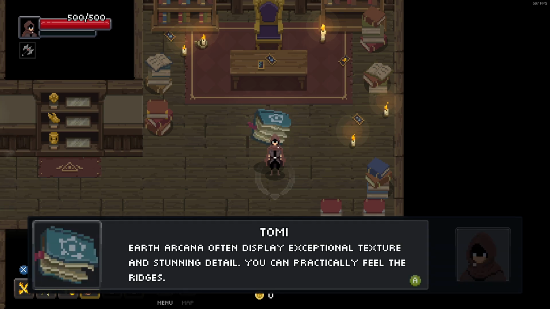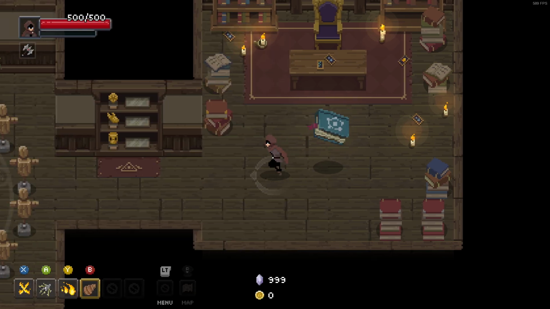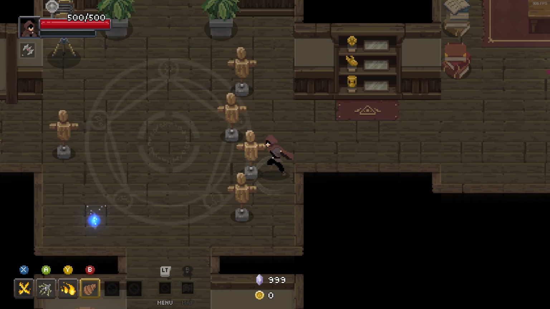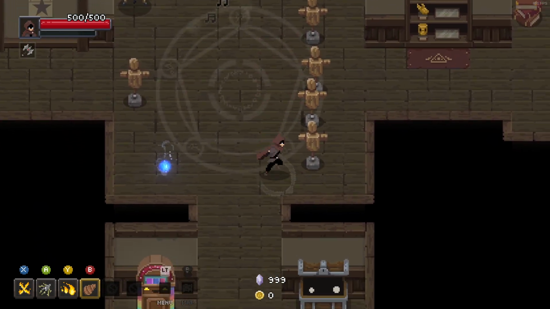Let's start things off with our basic here. A fire ability. It's gotta be Flamecross. Easily the best crowd control basic Arcana when unenhanced. Now, most basic Arcana are very weak or even useless when not enhanced. This is a huge exception to the rule. Flame Cross is a sort of melee but rather long range fire basic Arcana which pierces, typically features the regular